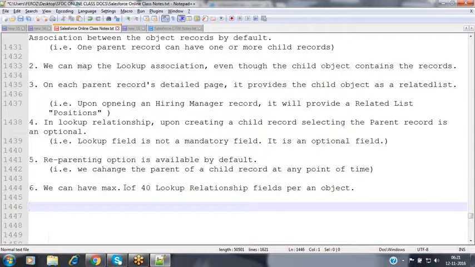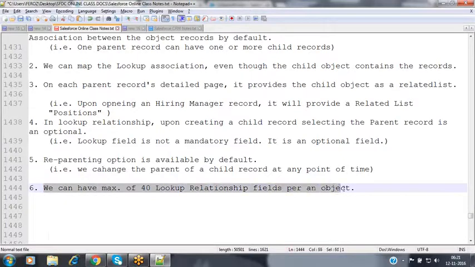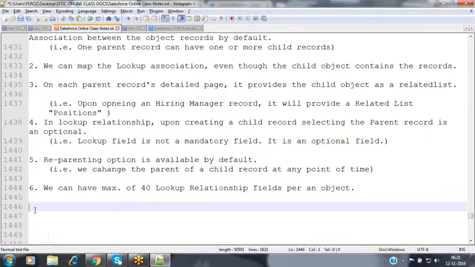So now when coming to the lookup relationship, we can have a maximum of 40 lookup relationship fields per object. Nothing but one child object can be associated with a maximum of 40 parent objects. Now we will see the next observation here.